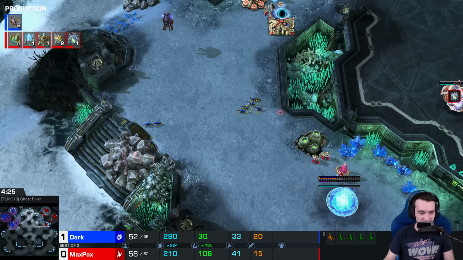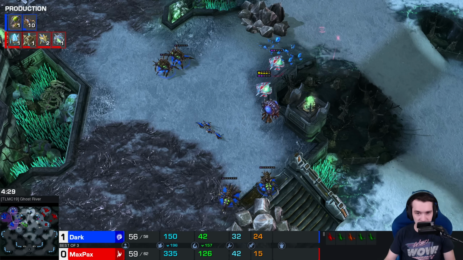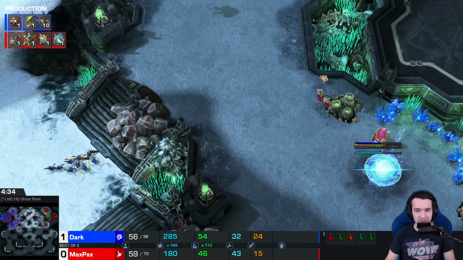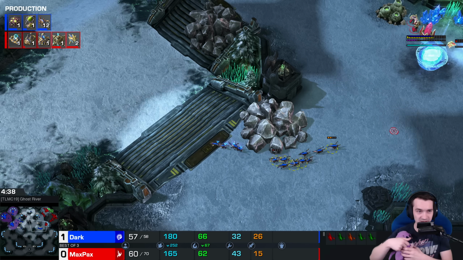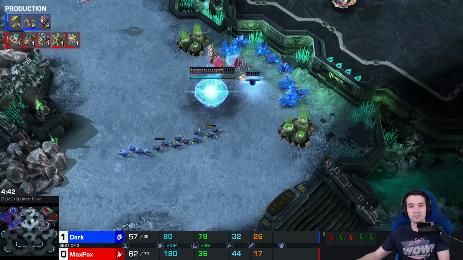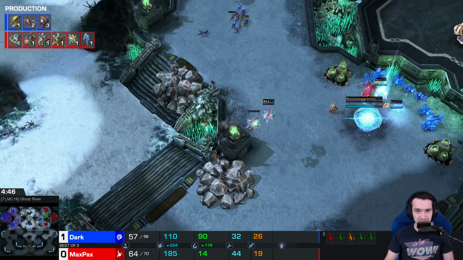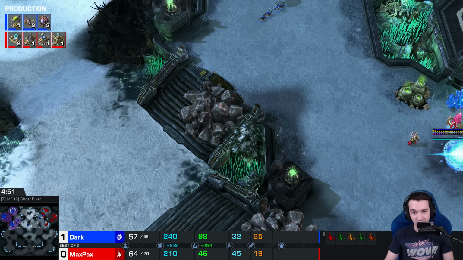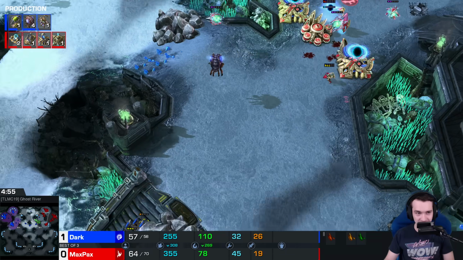Dark twirls mustache. Is he Baneling busting? Of course he is. Grab your emotional support Zerglings. It feels like this is quite an obvious play. Oh no, what? The Zergling's trapped on the wrong side. I thought enough of them would get it, but it actually...